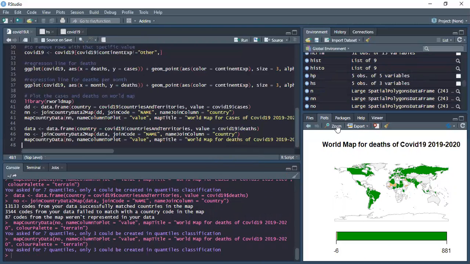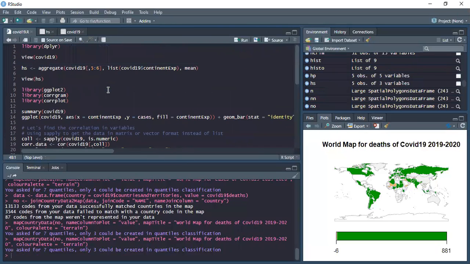The deaths will not give much output, as there were not many deaths till then. In whichever continents or countries there were deaths, it will include here. So it will not conclude much, but the cases will conclude much. So we have analyzed the COVID-19 data set. Okay, thank you.